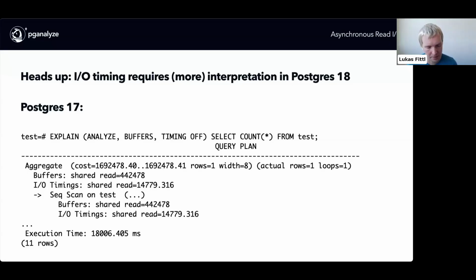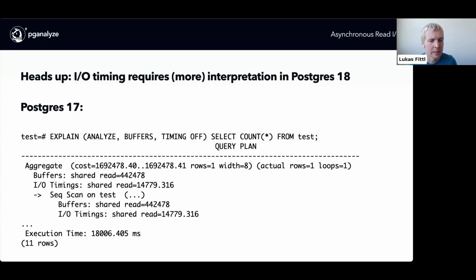One of the things that was important to me, because I work a lot with explain plans, is something I wanted to understand better, and I think I have a reasonable understanding now: when you enable I/O timing, you need to think a little bit more about what that means in Postgres 18. It's not that this really changed between 17 and 18; there's just a little more nuance to think about now. So if I look at an explain plan like this one here, which we ran earlier, just an explain analyze buffers,